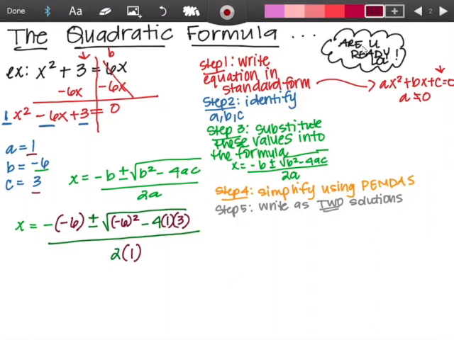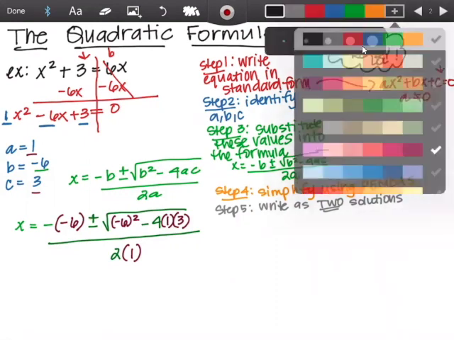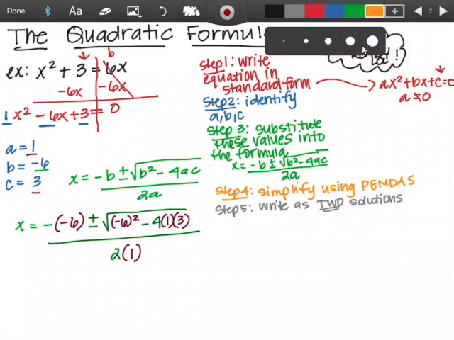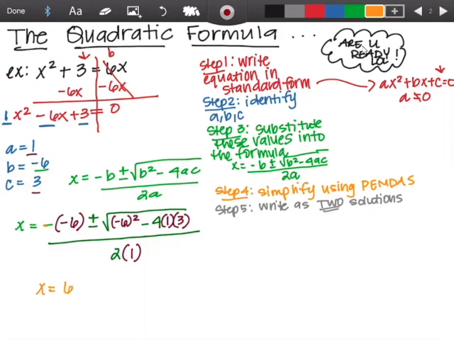All right, so now that I have substituted these variables, I need to simplify using PEMDAS. Okay, simplify using PEMDAS, order of operations: parentheses, exponents, multiplication, division, addition, and subtraction. So I'm going to start from left to right outside of the radical symbol. This negative times this negative makes this a positive 6, right? Because you could say that's a negative 1 times a negative 6 is a positive 6. Plus or minus,